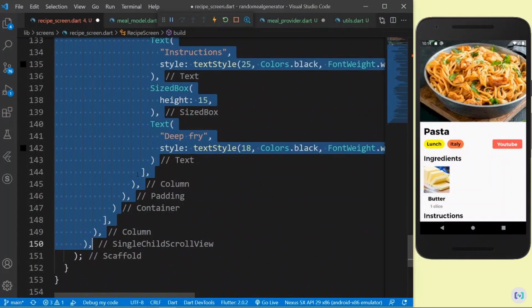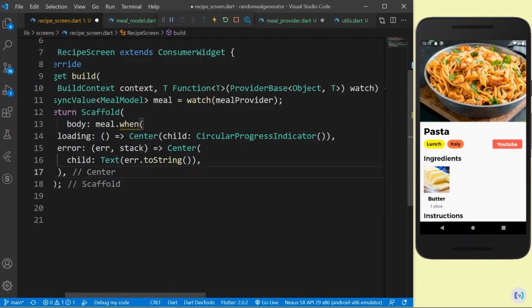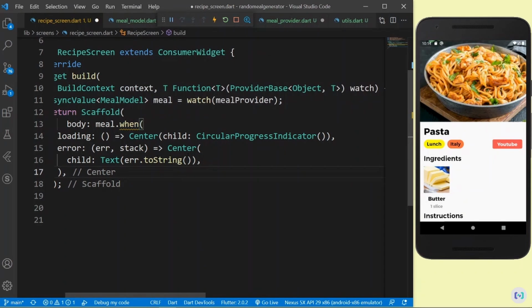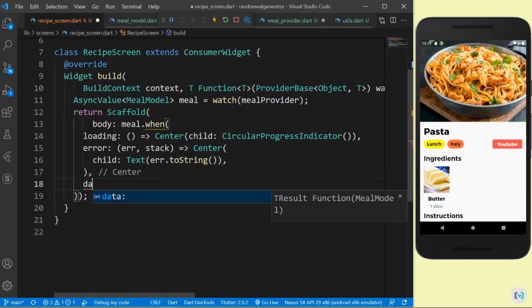I'm going to just copy this and cut this because I want to align everything perfectly. There you go. Now it's going to trigger a warning because the parameter data is missing. So we have a loading: we're doing something when the provider is loading, so when we're getting the data. If we have an error, we're showing a text widget in the center with the error. And now when we have the data, we can use the data parameter, and I can just say data